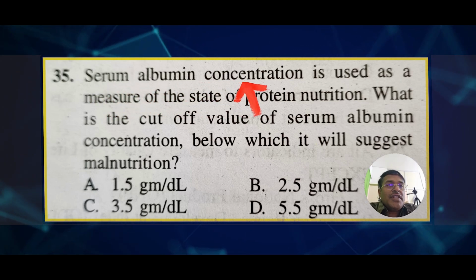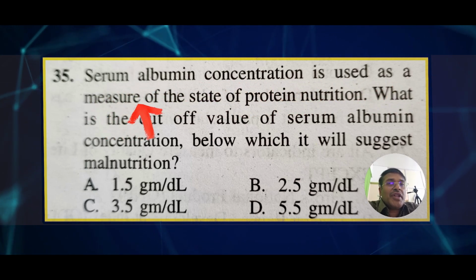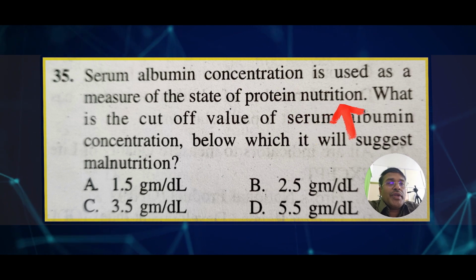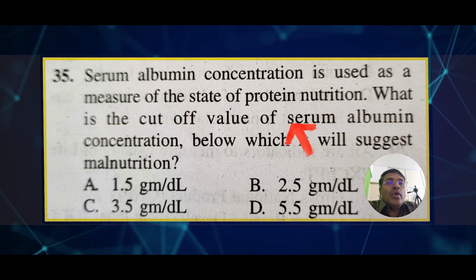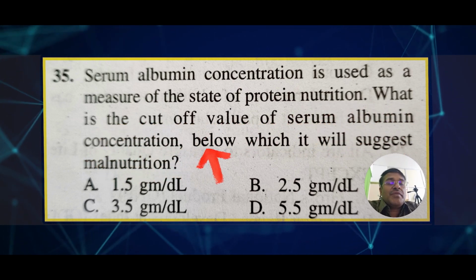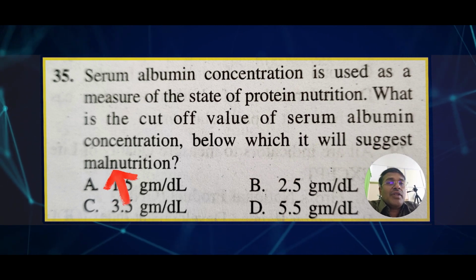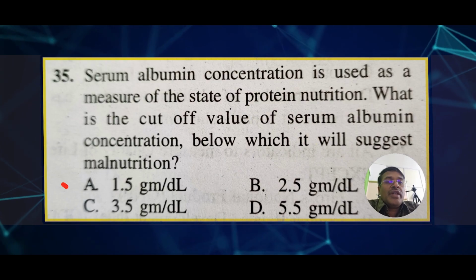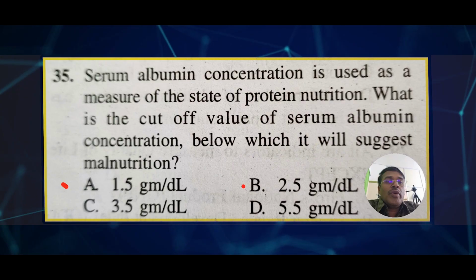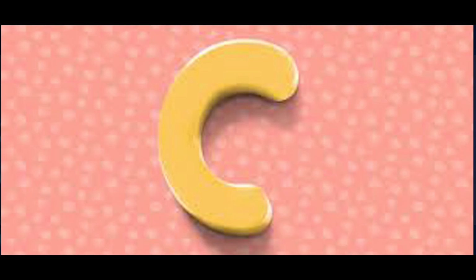Serum albumin concentration is used as a measure of the state of protein nutrition. What is the cutoff value of serum albumin concentration below which it will suggest malnutrition? Option A, 1.5 gram per deciliter. Option B, 2.5 gram per deciliter. Option C, 3.5 gram per deciliter. Option D,